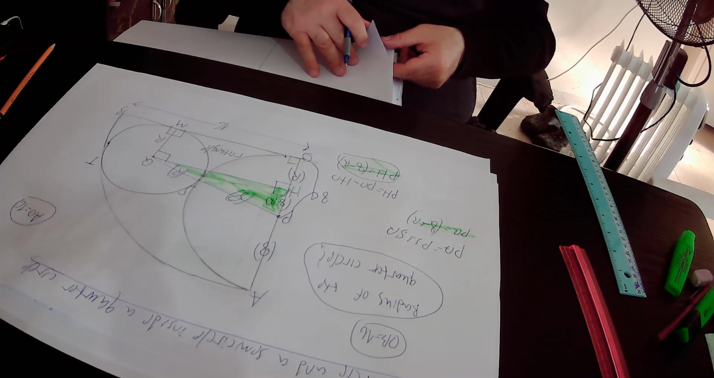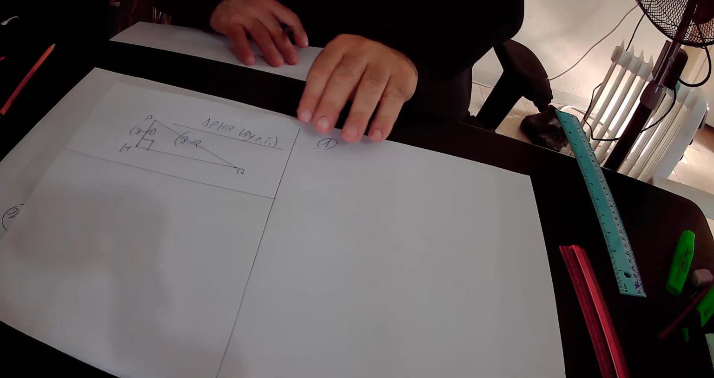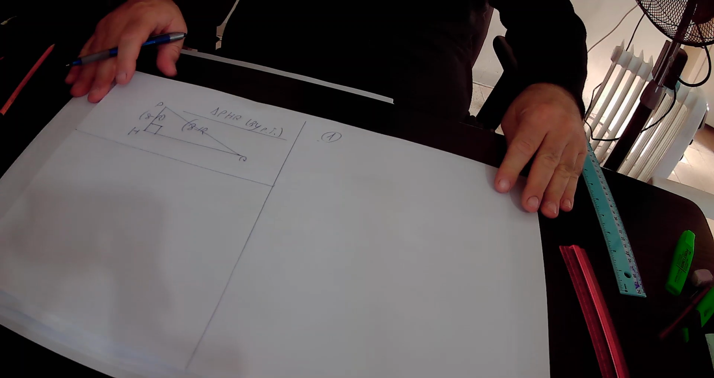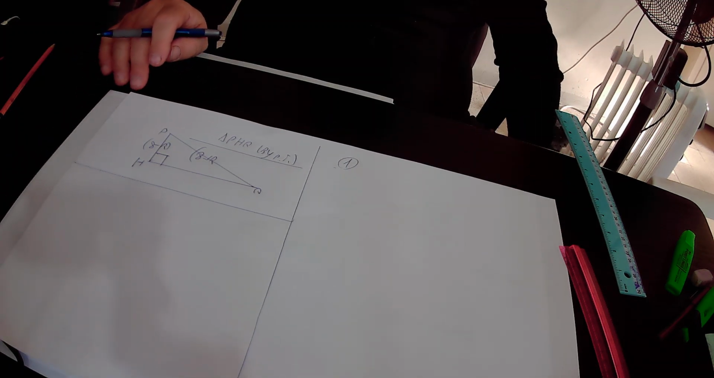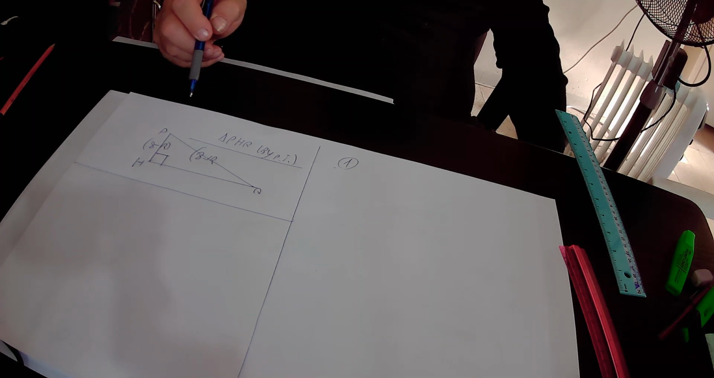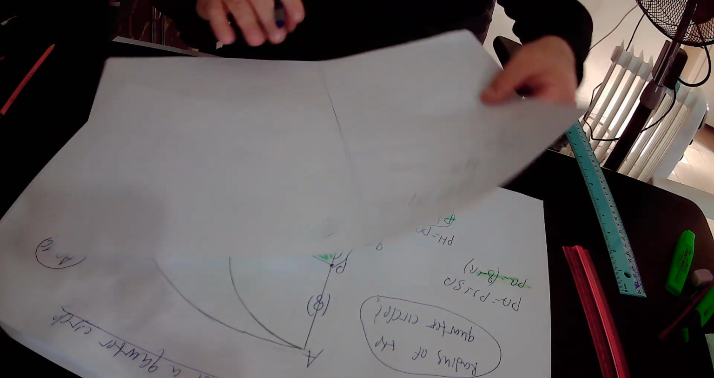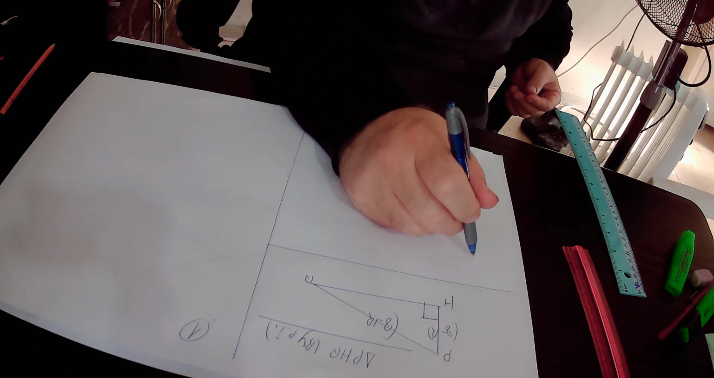So actually, this is the right triangle PHQ that I copied from the original drawing. In this right triangle PHQ, PQ squared, that is the square of the hypotenuse, must be equal to PH squared plus HQ squared. So I write it down. According to the Pythagoras theorem, in this right triangle PHQ, PQ squared